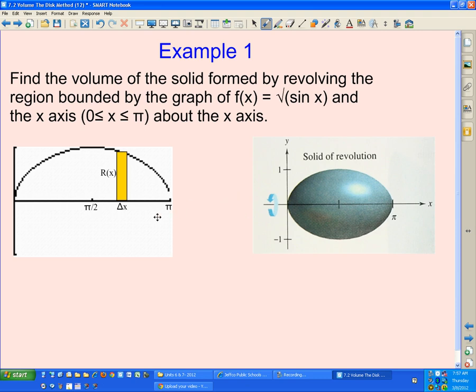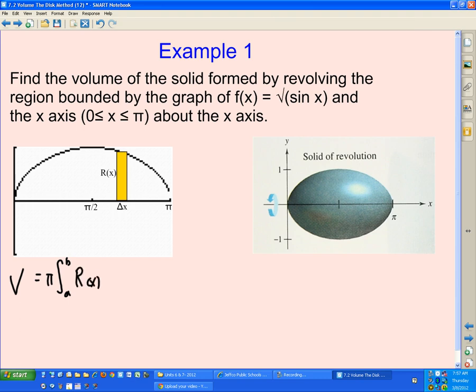Following our formula from before, from a to b, pi times our radius squared times dx will get us volume, because remember, radius squared times pi is the area of a circle,